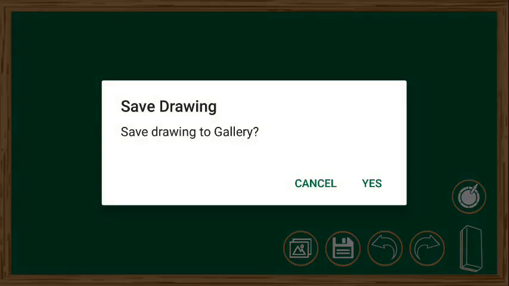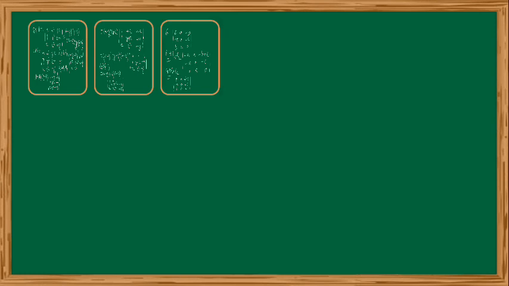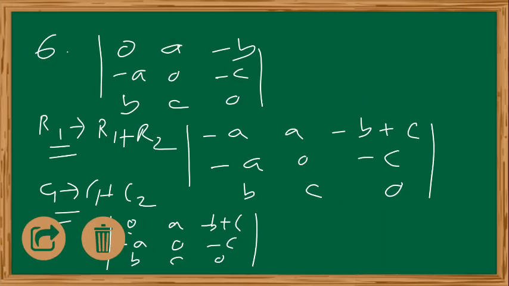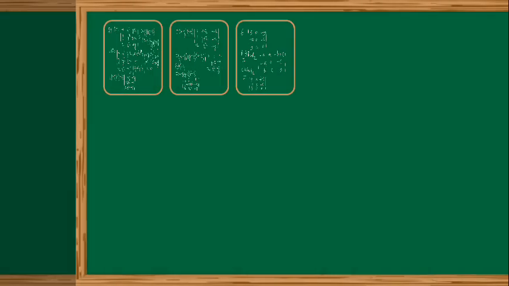Clearly, let me see. Look at this. What I will do is I will just expand. This one was 0, a, minus b plus c; minus a, 0, minus c; b, c and 0, right? So let me write that once again for you. That is equal to